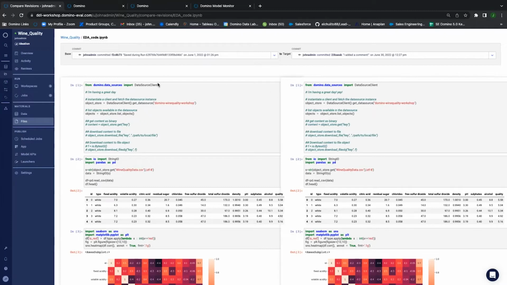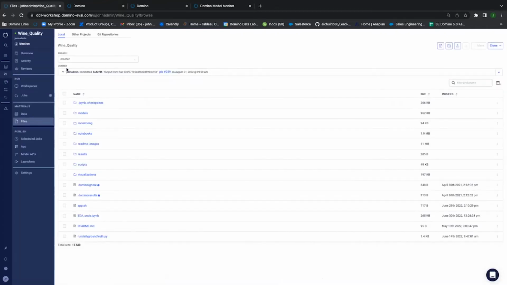Now, if we go back, I'm going to click on the files. You'll see here on the top, this is the representation, for the most part, of the latest file that has been updated in the actual file system itself. That way you can also see file changes at the actual repo level.